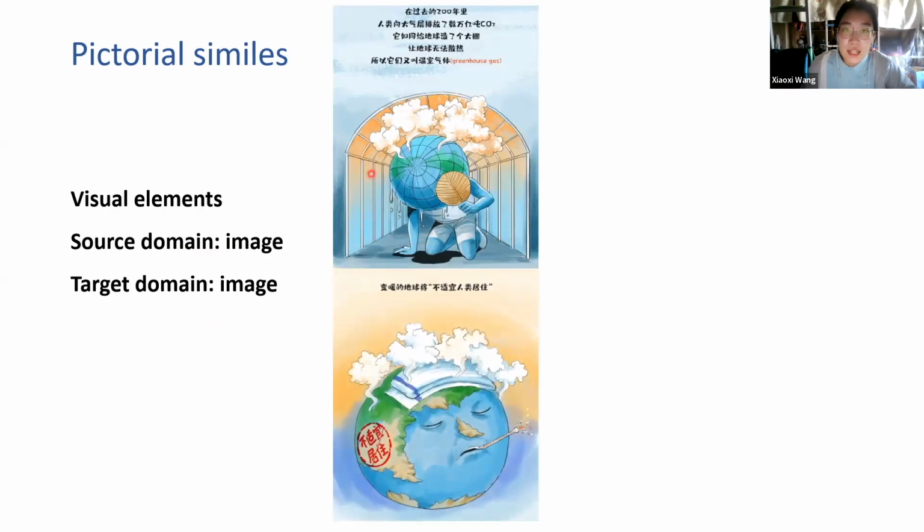So let's see this webtoon. In the upper part, you can see here, the gas is letting off from the earth, and it forms a kind of greenhouse here. And the earth here has legs and arms. So we can see that earth is a human. And why we can know that this gas is carbon dioxide is because the textual part gives us the pictorial context here. So we know that carbon dioxide is greenhouse.